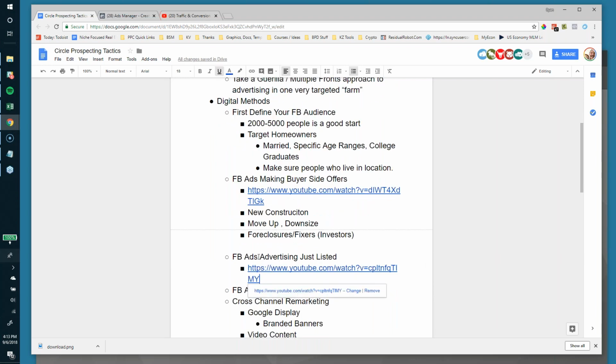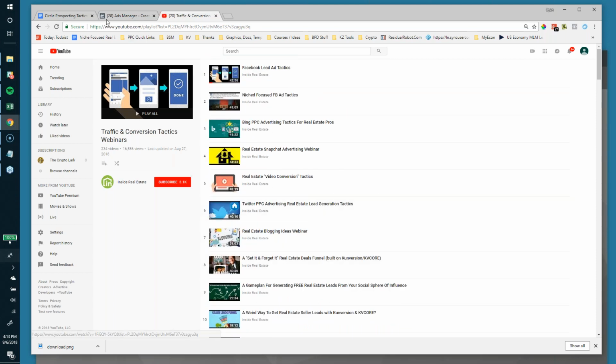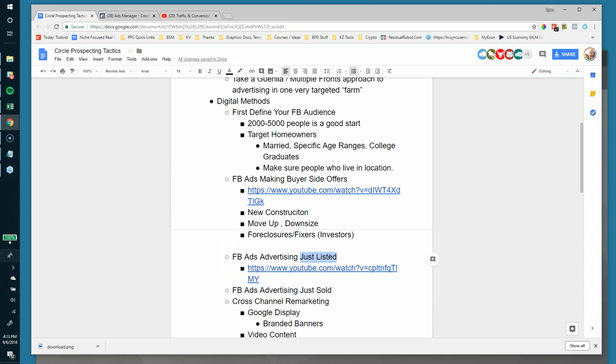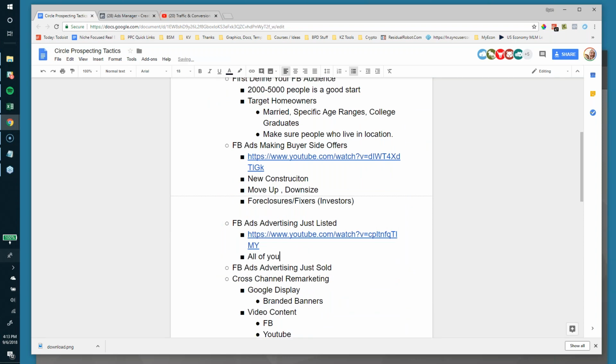The next would be Facebook advertising of just listed properties. I put the specific previous sessions here that dive deep on these types of ads. We have the one for buyer side niche offers, and then just listed. So anytime you get a listing in your farm, of course, you're going to want to run a Facebook ad showing off that listing. We have that session in here somewhere. It's a pretty simple strategy, but it could be very powerful if you're trying to build your brand in a specific market. So anytime you get a listing, I'm going to put all of your listings in the farm,